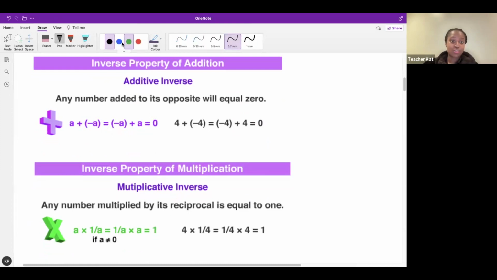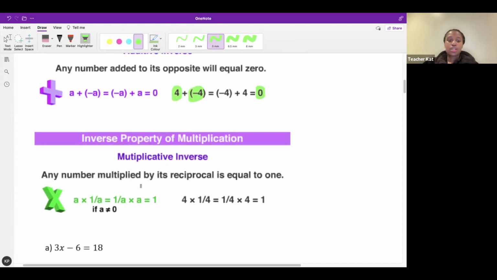Well, you guys have been doing this for weeks, where you add a number to its opposite so that they cancel out. So if I have a positive 4 and I want to get rid of it, then I use negative 4. And then we have a 0. That's what an additive inverse is called. Whereas multiplicative inverse is the opposite of multiplication, which is basically division. Okay, so we are going to get going now